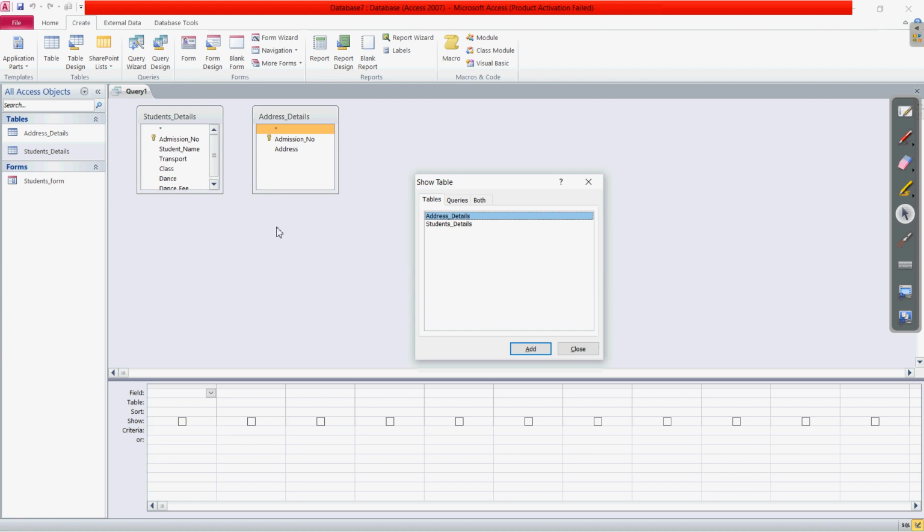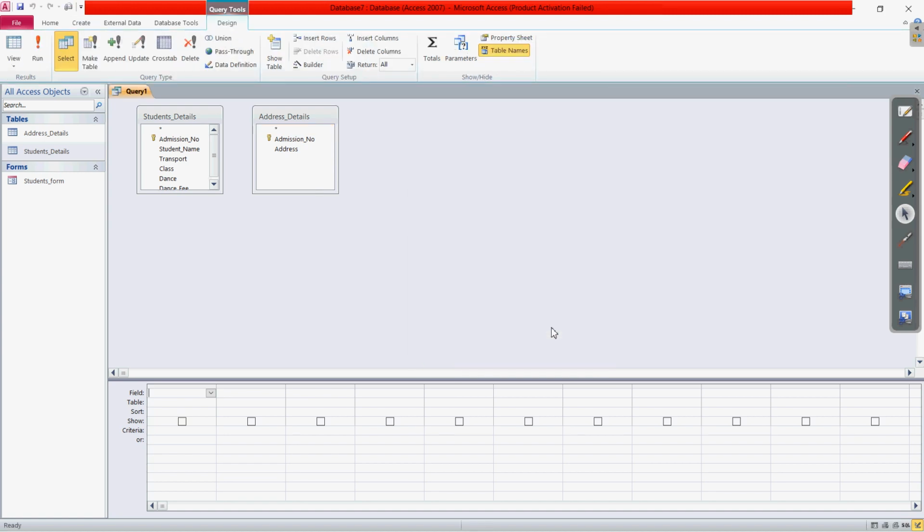Clear? So this is how the steps we are following are displayed in this query area. And after doing all these, if there are more tables, we can use them also. In this case, as we only have 2, but if it had been 3 or more tables, we could have selected them using the same process. Select that table and click on the add button. When all the tables are displayed in this query window, you can close this show table dialog box. Okay, so let us close this.